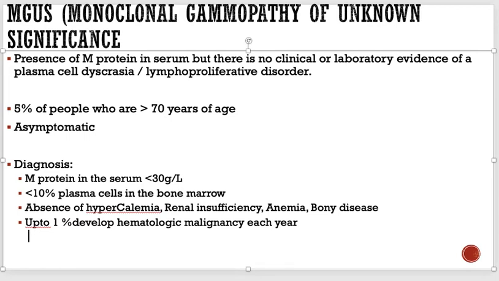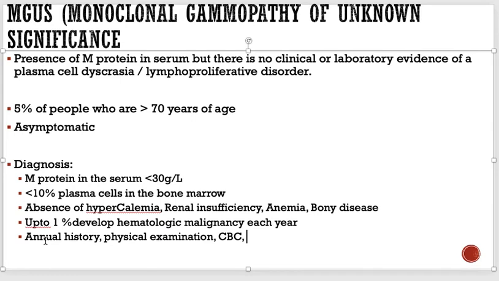So anyone who has monoclonal gammopathy of unknown significance, and whenever we find this M protein in these patients, they are at higher chances of developing hematological malignancy within a year. So what we do, we keep on taking their annual history. Okay, like we keep on monitoring them. We keep on doing their physical examination. We keep on doing their investigations like CBC, very helpful.